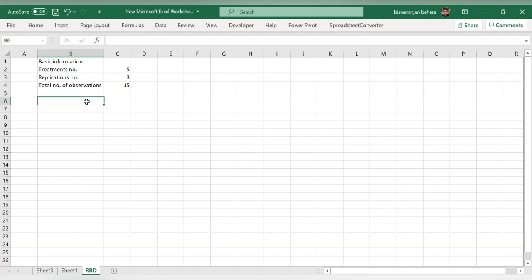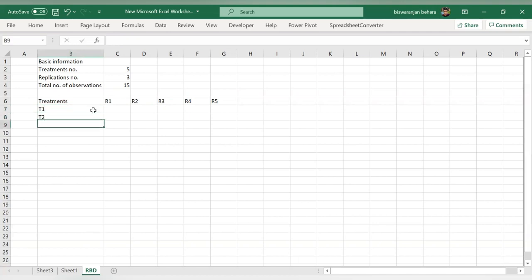After that, we have to give the data set for the calculation. For the data set, first type the number of treatments. Make a column having the heading treatment, then make 5 replications. Those are R1, R2, R3, R4 and R5. After that, give the treatment names.